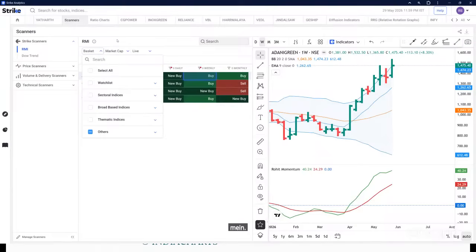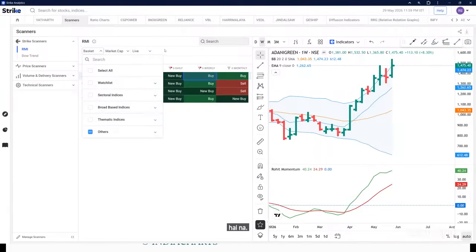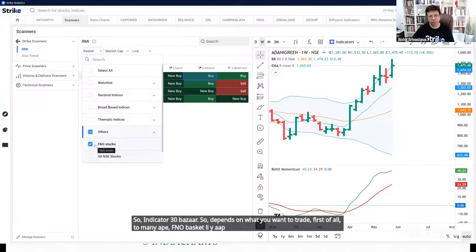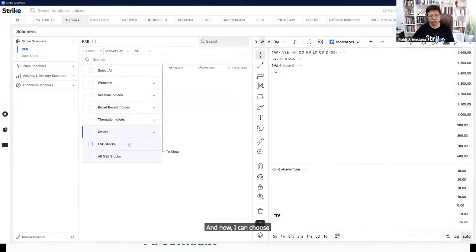नहीं नहीं, नॉट इंडिकेटर तो सर। बात यही है ना, आखिर में मुझे प्राइस के इंडिकेटर से ही बाय लाना है ना। राइट सर। तो इंडिकेटर थोड़ी बदल जाएगा। सो डिपेंड्स ऑन व्हाट यू वांट टू ट्रेड फर्स्ट ऑफ ऑल। तो मैंने यहाँ पे एफएनओ बास्केट लिया। आपको एफएनओ स्टॉक्स में काम करना है, निफ्टी में काम करना है, तो निफ्टी का इंडेक्स इधर डाल लूंगा, है ना। आई कैन चूज व्हाट आई वांट टू डू एंड वेयर आई वांट टू डू इट।